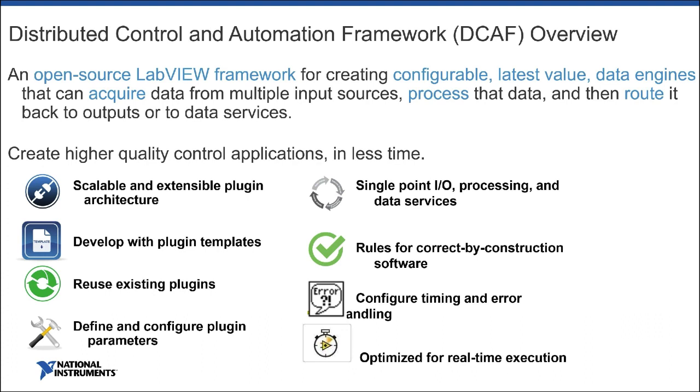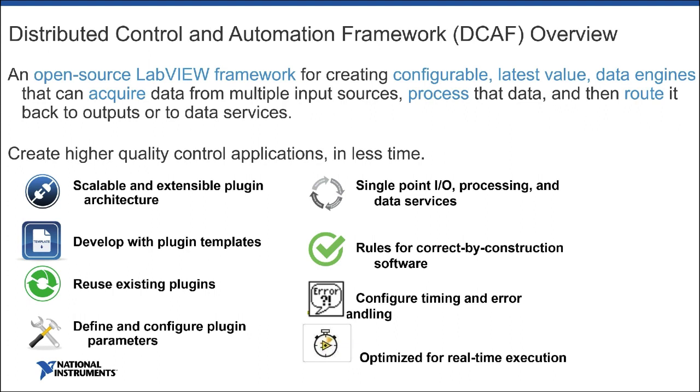The main importance of what it gives us is, one, it's a scalable architecture that can be extended. So you can use DCAF as your main architecture. You can use DCAF next to whatever you have, or you can just see what we're doing in DCAF and implement it in your application. It is based on plugins. One of the main intentions with us is that all the plugins can be reused. So the plugins don't care if they're running inside of the engine. They don't care if there are other plugins running. They just talk to the engine, and that's it. They don't care about what's happening around them.